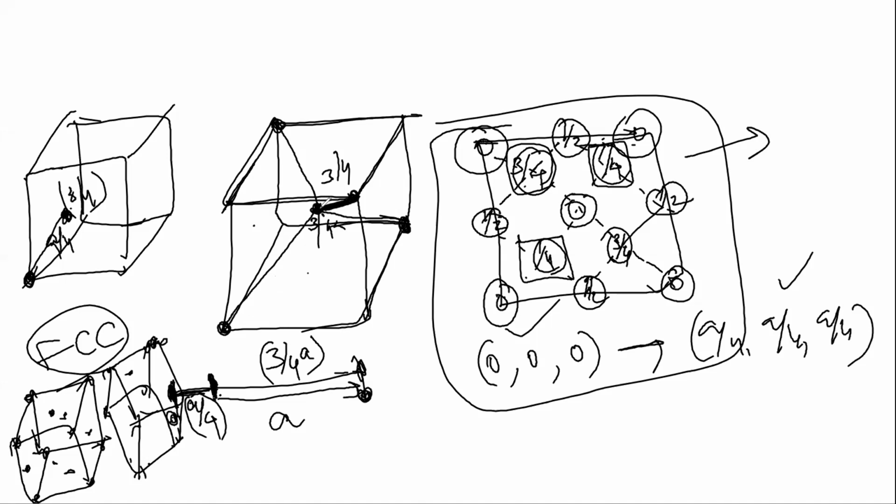Here for this one, see for this atom, 1, 2, 3 and 4. It has 4 nearest neighbors occupying the corner points of a regular tetrahedron, and also bonded by strong covalent bonds. The bonding between two atoms is always covalent bonding here.